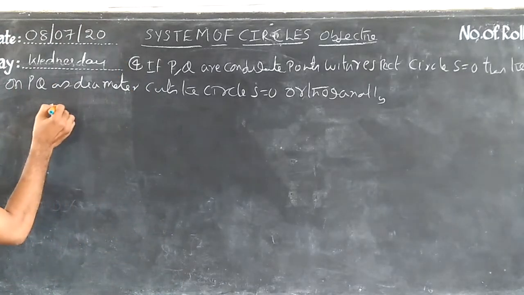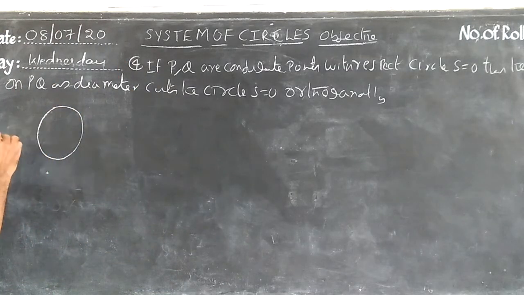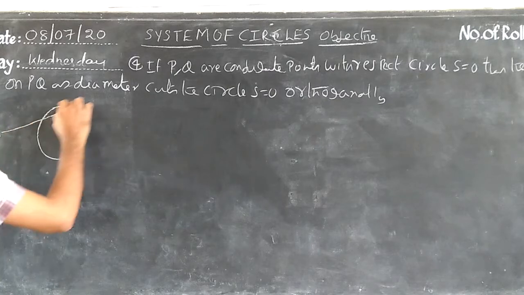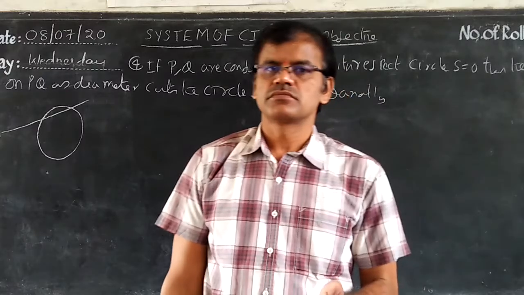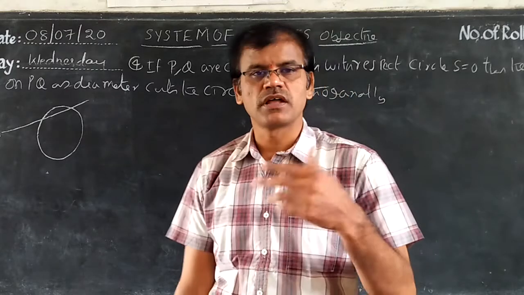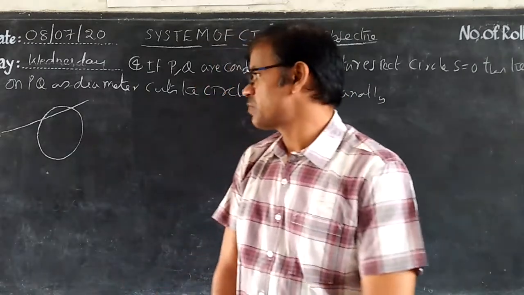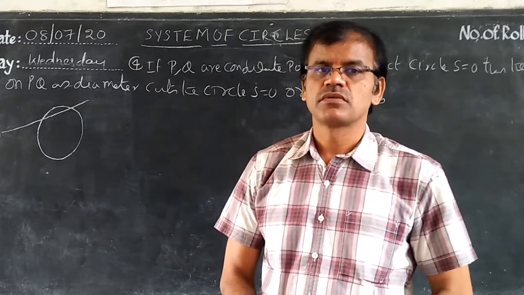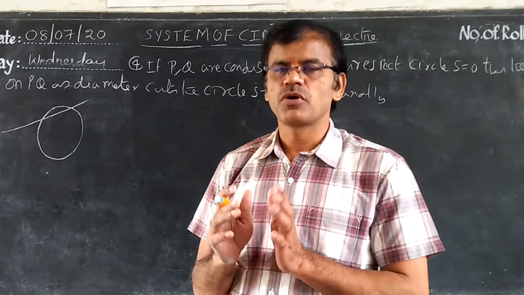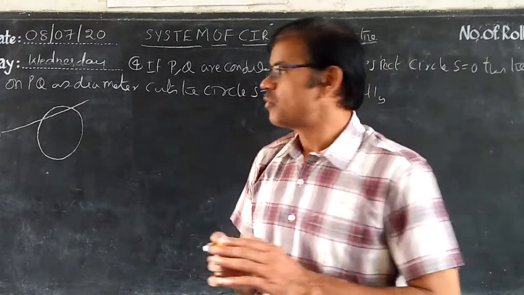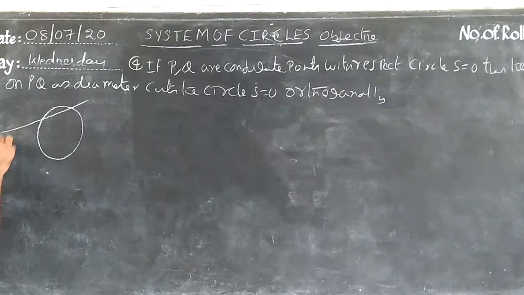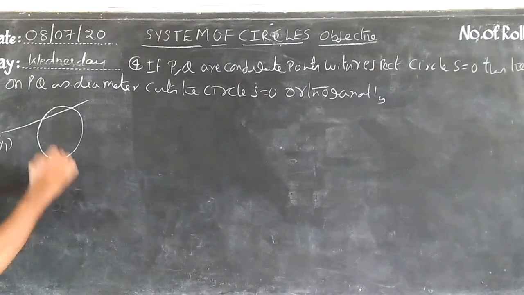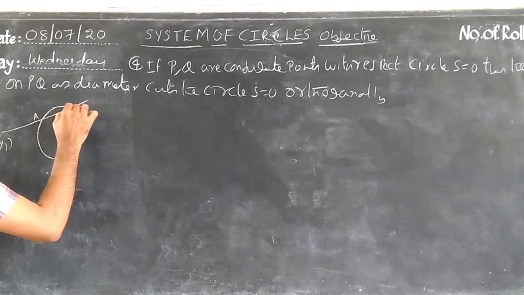Let us draw the diagram first of all, then we can understand. Conjugate points: plenty of times we have discussed that the pole of a line with respect to the circle should lie on the other. Otherwise, two points are said to be conjugate points if the polar of P lies through Q and the polar of Q lies through P. Take P (x1, y1). Then a secant line should be drawn to intersect the circle in two distinct points. Put here A and B.